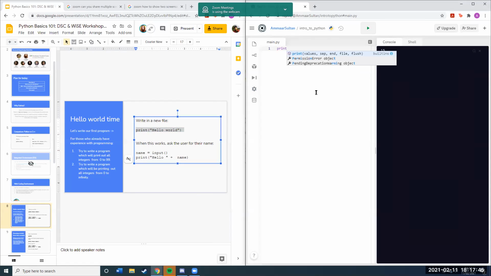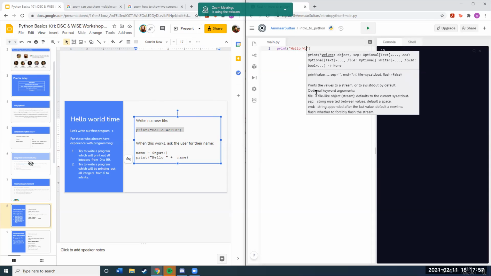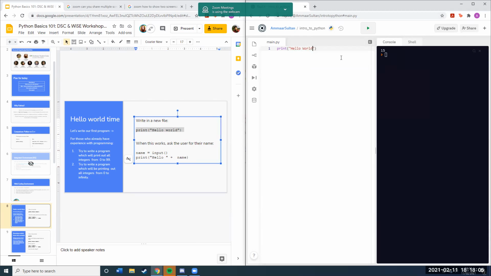So first thing I'm doing is I'm writing print. As I said earlier, it's what you use to output. And then I'm going to put a little phrase inside, which is just what I tell it to output. The standard way to start is hello world. I don't know why, it's just every tutorial decides to do it, so I guess we'll follow that too. Notice how I put little speech marks here. Don't worry about it too much, but you need those when you're not outputting a variable. Once again, don't worry about it. Variables, just storing something to output later. To run it, just press the play button up here. Print hello world. That's the first thing, everyone does it.